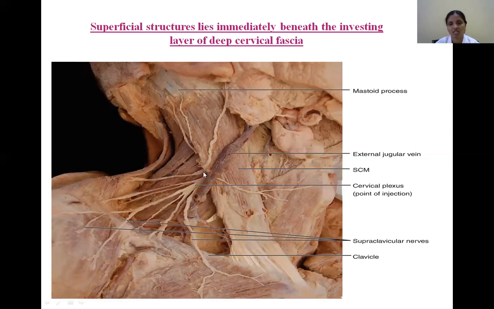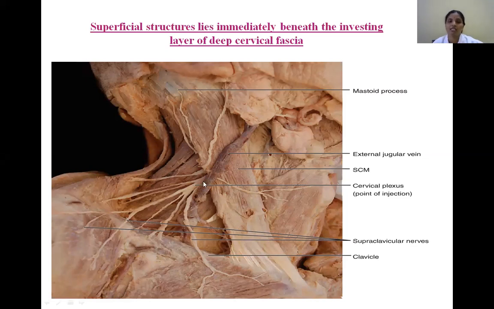This point is very, very important for anatomy, where all the structures which are visible immediately after reflection of the fascia, we can appreciate exactly at this midpoint. Okay, so the midpoint of the posterior border of the sternocleidomastoid. Whereas for surgeons, it is also important. Why? Because they will give anesthesia here, for the cervical block. So this landmark, and what are the structures immediately beneath the fascia we are going to identify.